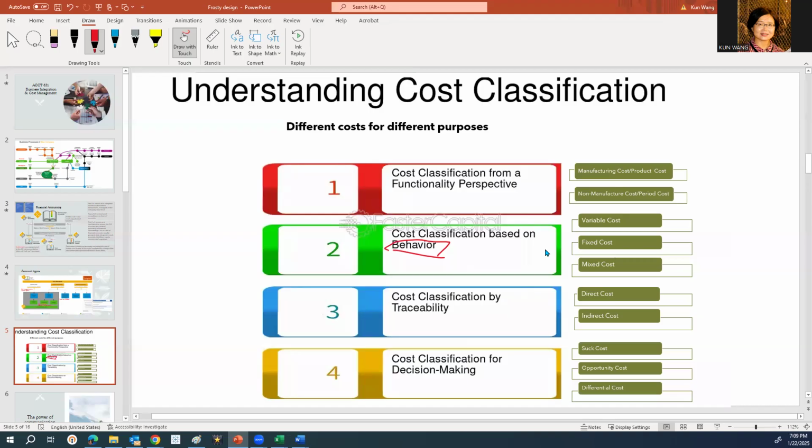So the cost behavior is key or critical for internal management. Internal management needs to understand it and try to do cost reduction and cost management. So based upon the cost behavior you